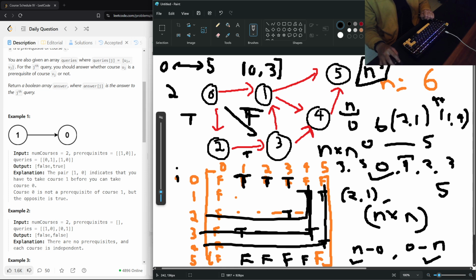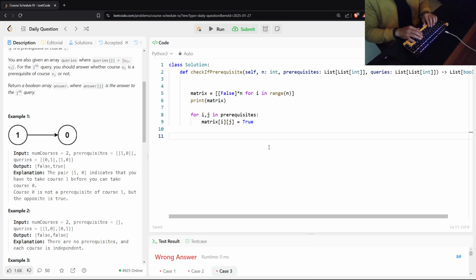Meaning for each intermediate node, let's say 0 or 1, or any other node from 0 all the way to n, is there a connection between any two nodes in the matrix via this node? So basically n cross n, all the pairings that we have, these are direct pairings. Is there a connection via any of these nodes, from 0 to n minus 1, via this node to all these nodes or not? So for that,